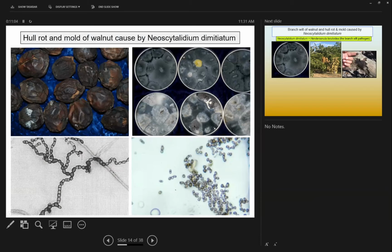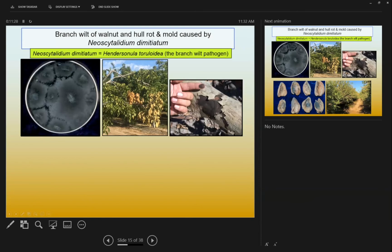And the other very common fungus that we recover lately from hull rot and mold of walnuts is the Neoscytalidium dimidiatum, which can cause very dark hulls here, infected hulls. And this is the fungus. So when we isolate this fungus here, all the mycelia of this fungus can break to pieces and become spores. And this is nothing new in walnuts. This is the fungus that the new name is Neoscytalidium now, but it's the old fungus, Hendersonula toruloidea, which causes the branch wilt of walnuts. And remember this branch wilt here, the fungus will develop to black powder that will spread into the air and